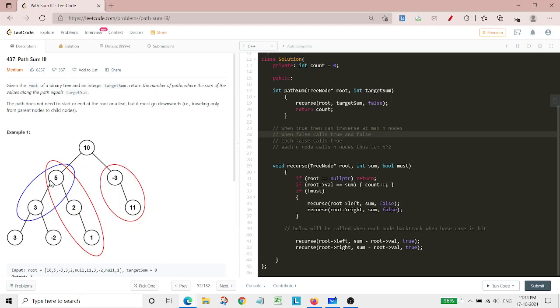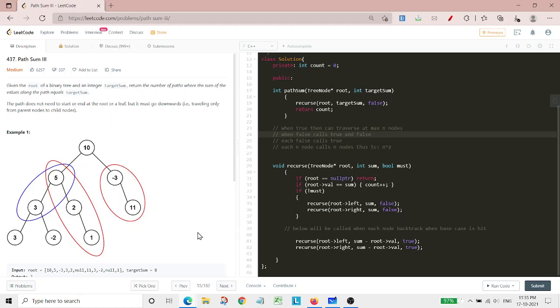Now here we have 5 and 3, meaning the path starts from any of the nodes of this tree. So 5 and 3, and 5 plus 3 is 8, so one path is this. Another path might or might not include that node, but here it was included. So here it's 5, 2 and 1. Again it makes up this 8, and the third path is this one.